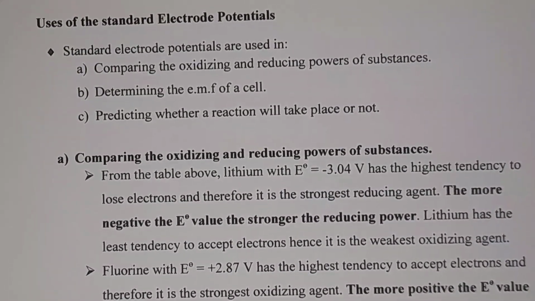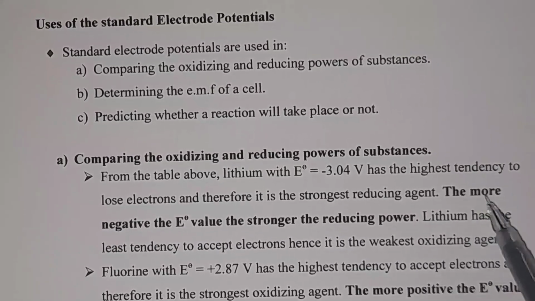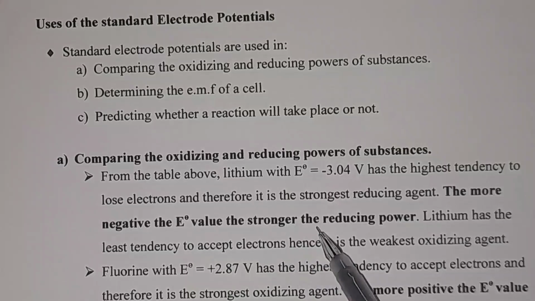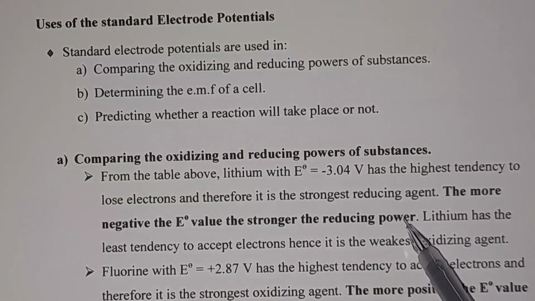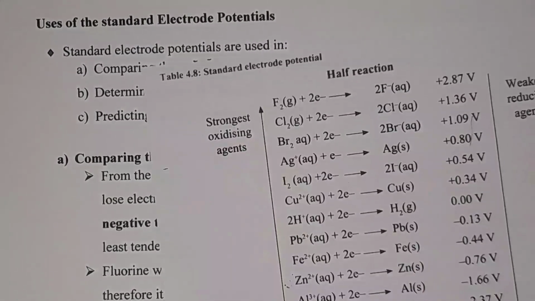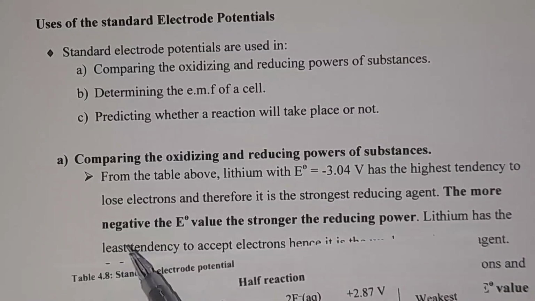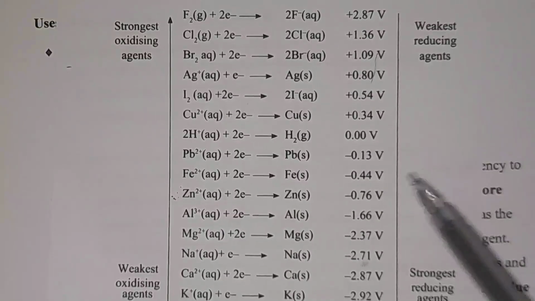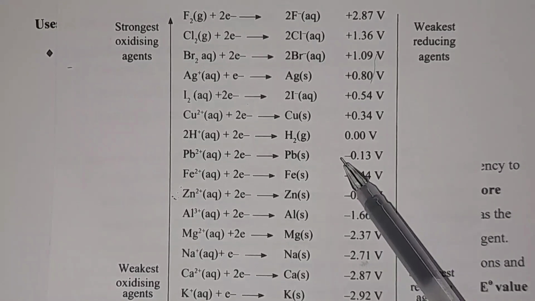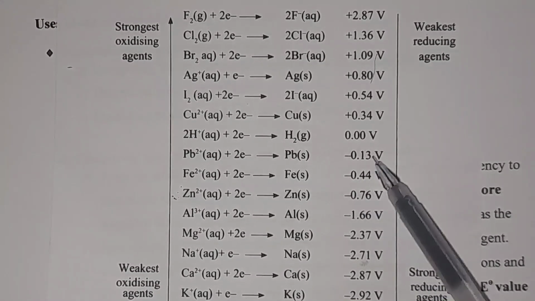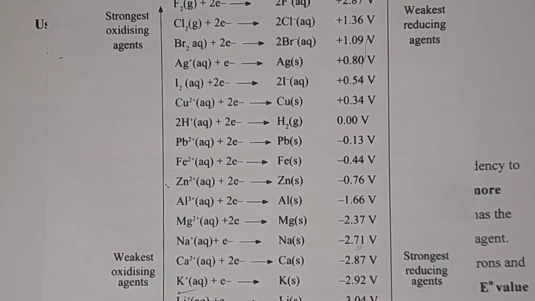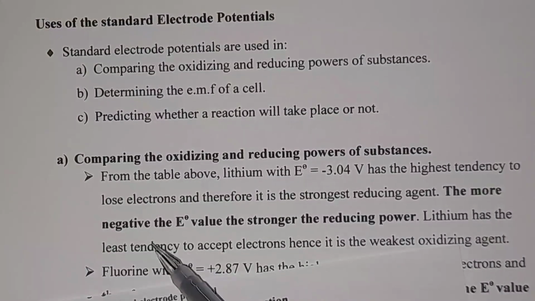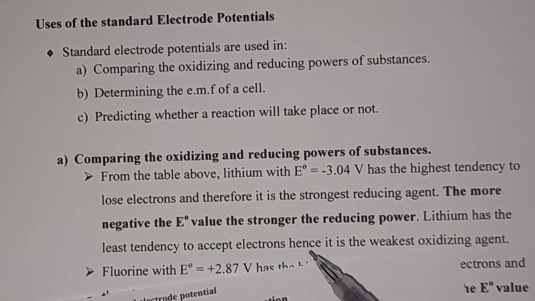of substances. So here we are going to start with saying the more negative the standard electrode potential value, the stronger the reducing power of that substance. If we check from the table, the ones that are negative are from lead with negative 0.13 volts up to negative 3.04 in the side of lithium. So the more negative the standard electrode potential, the stronger the reducing